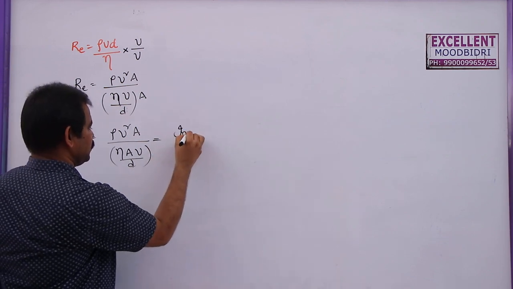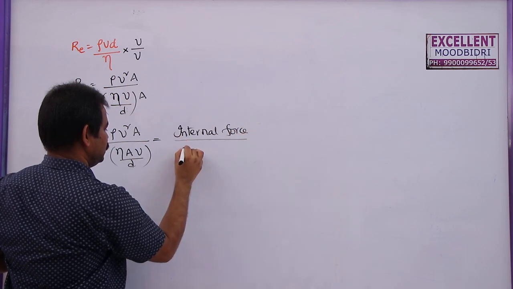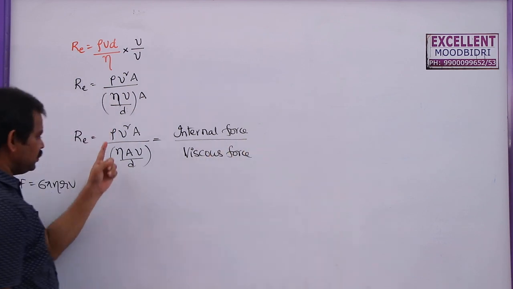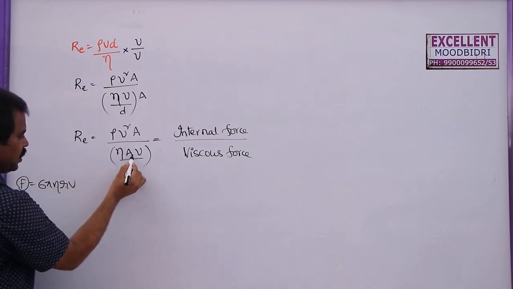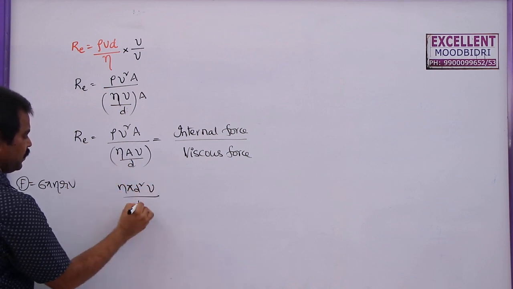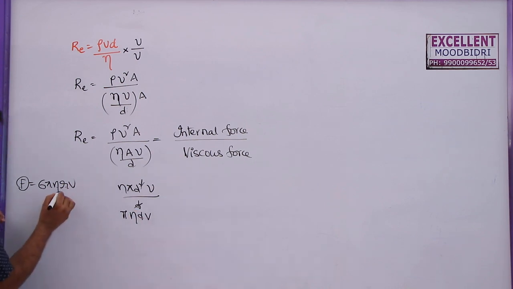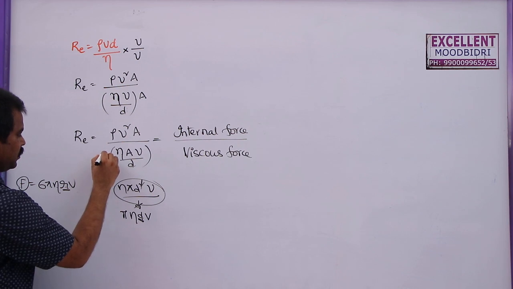So this is nothing but inertial force by this viscous force. Why is it inertial force? Viscous force F is equal to 6 pi eta RV, this is eta V by d. This area can be written as pi d square, eta V by d. The d's get cancelled, so you will get pi eta dV. Here I am taking the radius only, because d is the dimension of the pipe. So I am going to get the same F here, viscous force.